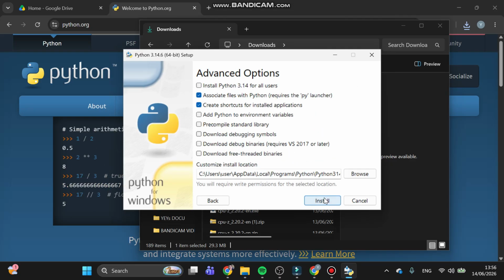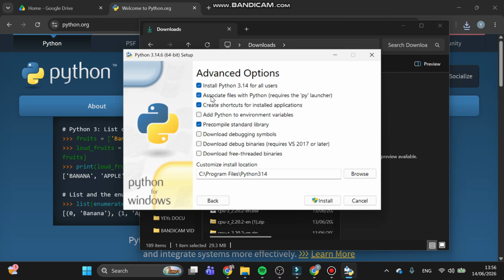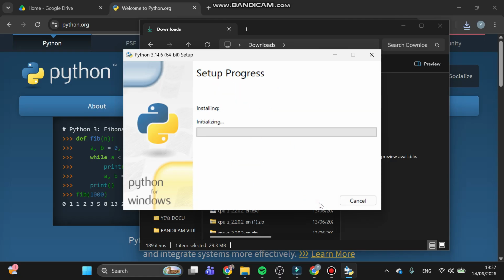next, and make sure that you have selected the first 5 options. Click on Install, allow the permissions,